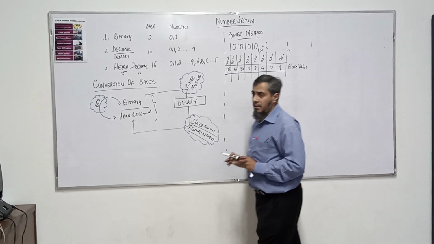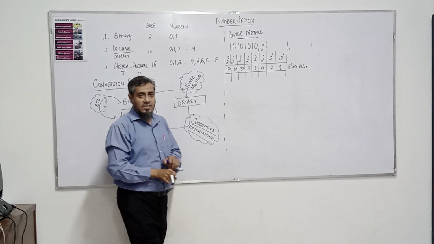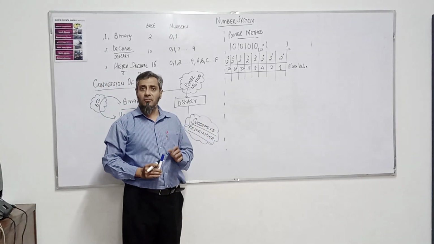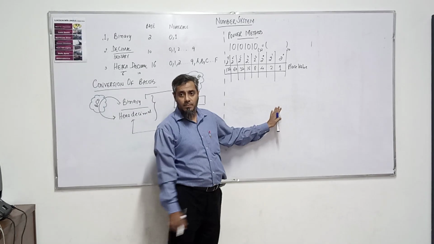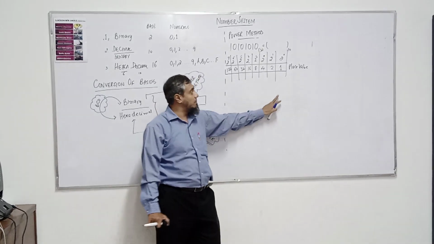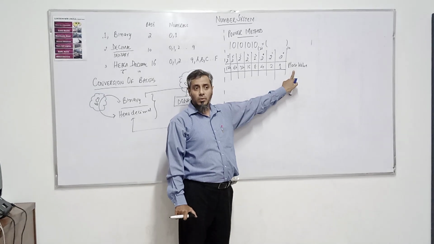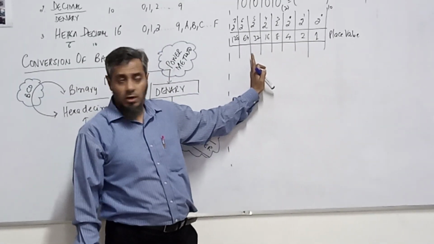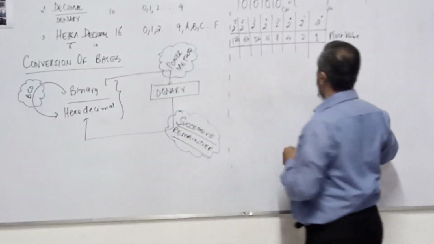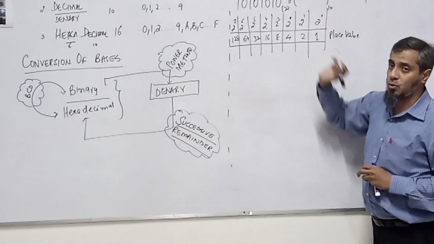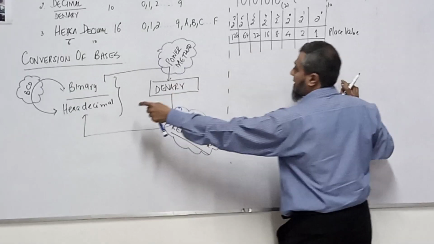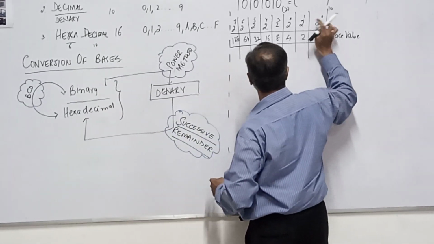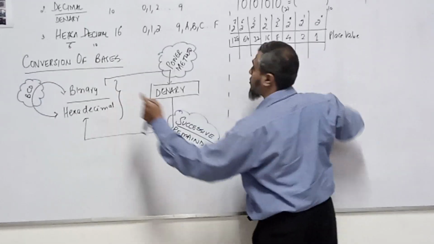Most of the time in the paper, the examiner asks the question to convert the value from the denary to 8-bit form. So to convert the value in 8-bit form, we'll have to find out the place values first. Either you can remember them yourself, like 1, 2, 4, 8, the multiples of 2, or you can convert the values like this, 2 to the power 0, 2 to the power 1 and so on. The same method will work with hexadecimal, but it will be a power of 16: 16 to the power 0, 16 to the power 1 and so on.